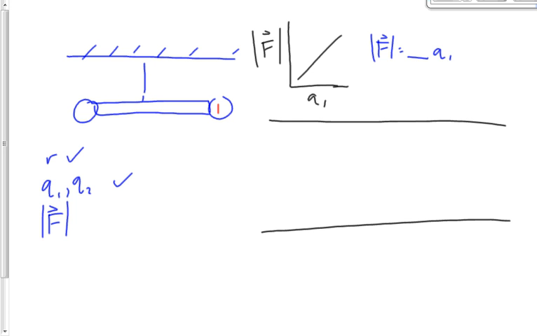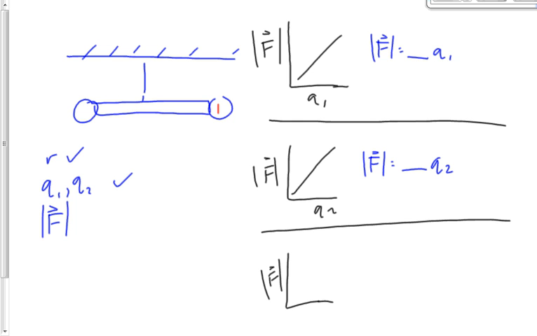Next, we do the second experiment, where we plot a graph of F versus Q2. Cole, what's the manipulated variable in this one? Good. What's the responding variable in this one? Dallas. Good. What are the control variables in this one, Tyler? Good, Q1 and R. We plot a graph of this one, we get a straight line again. That tells us that F is related to Q2, or F is equal to something times Q2. Next one we plot